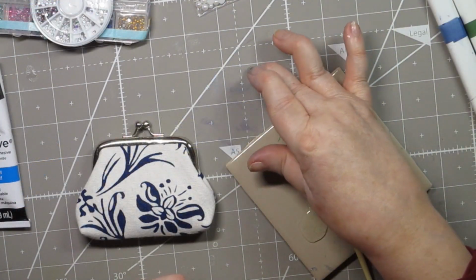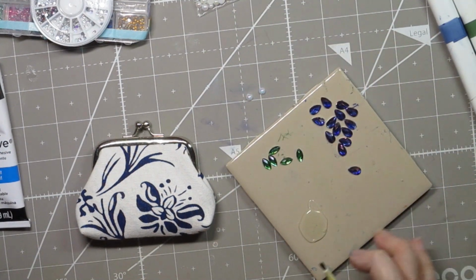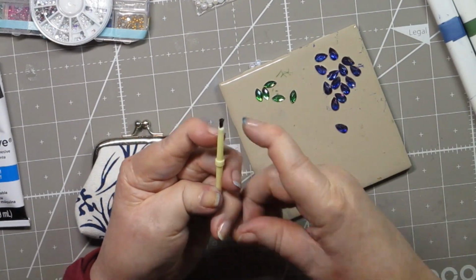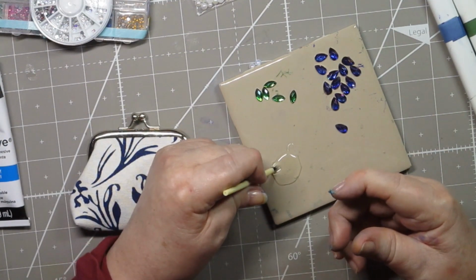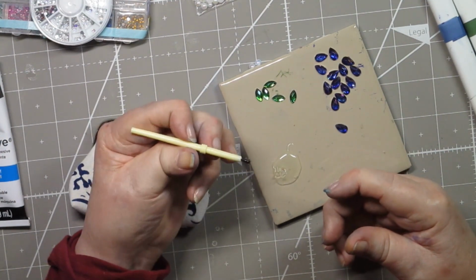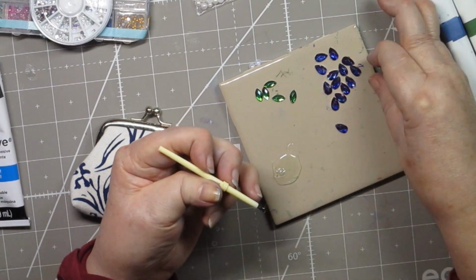Also, if I didn't mention, I have these little pearls that I'm going to use for the centers of my flowers. And I'm going to use this paintbrush that I got from Walmart. The brush was much longer, and I just cut it down to make it more of a, I don't know, a dauber, we'll call it. But it's little so that I could kind of manage the